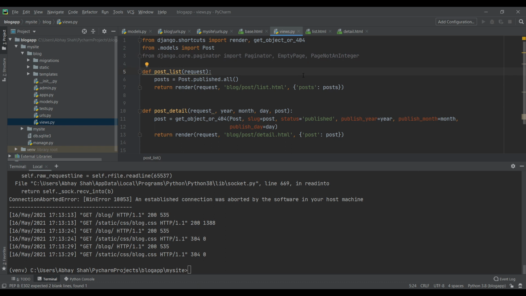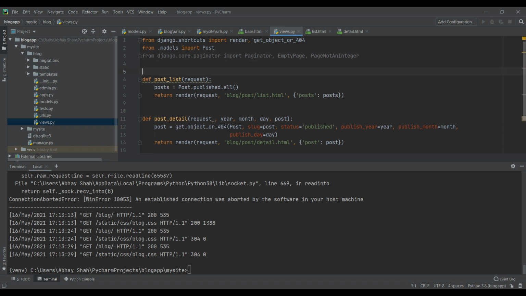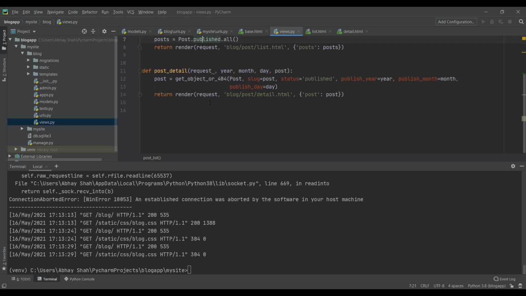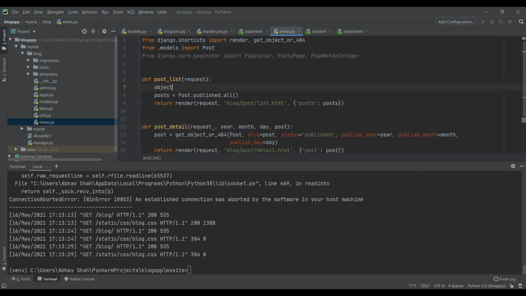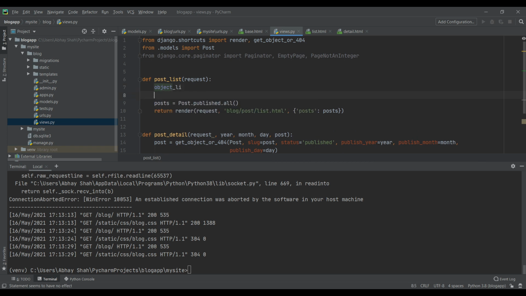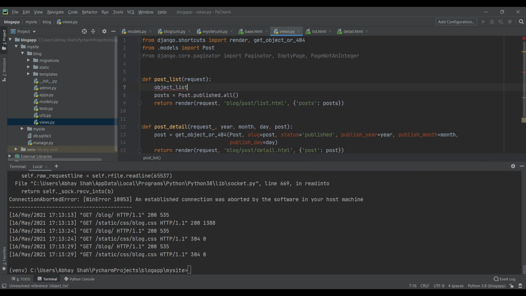Alright, so these are the imports that we need to do this. So we just leave a double space, and once we need to define a new post for this. So a post list, we had created a new post list here. So we'll just go and edit this. We create our object_list equal to Post.published.all. Alright, so once this is done,